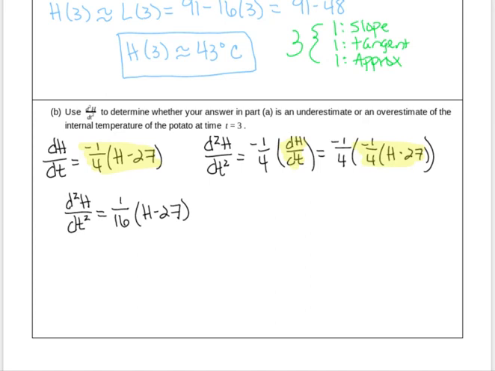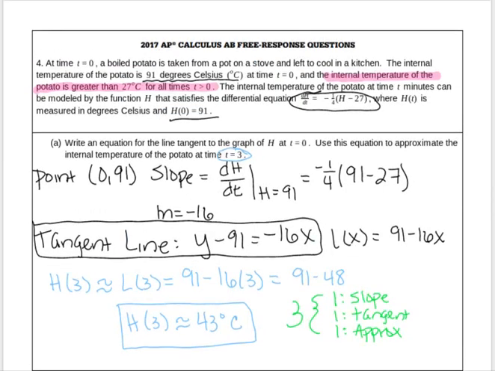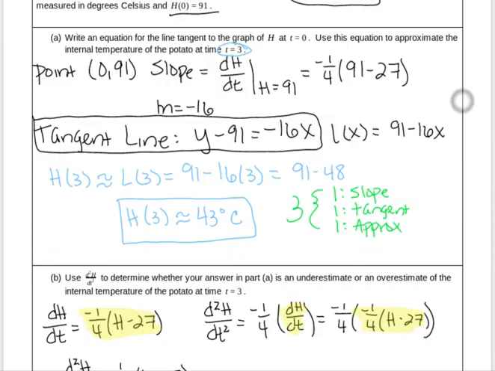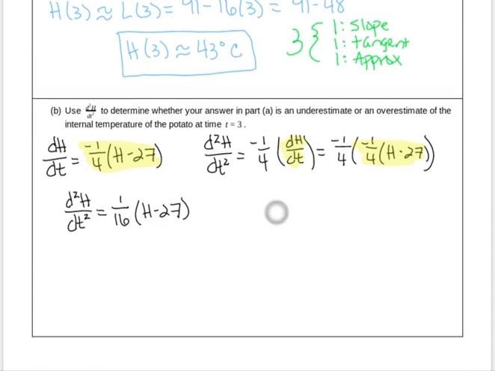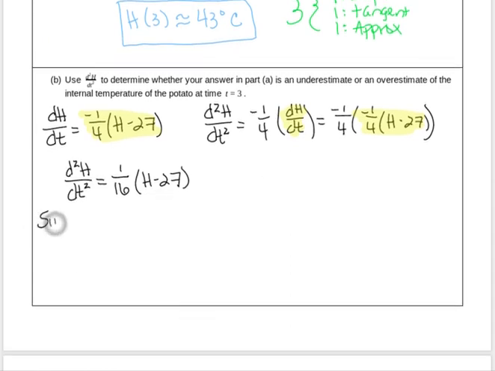All right, so now we need to look back up at the top, and that piece that I highlighted is where that comes into play. We're told that the internal temperature, which is h, is greater than 27 for all times t greater than 0. And so if h is greater than 27, then we know that this second derivative is going to be positive this whole time. So since h is greater than 27